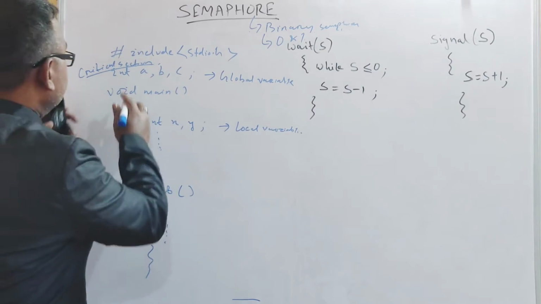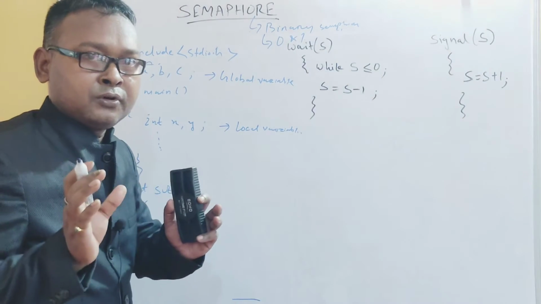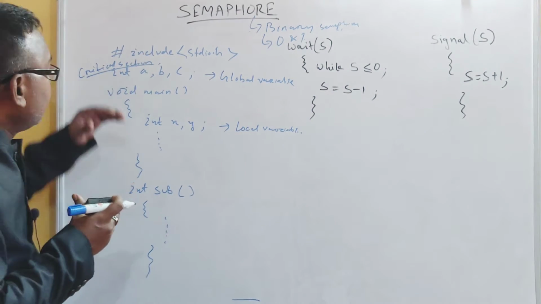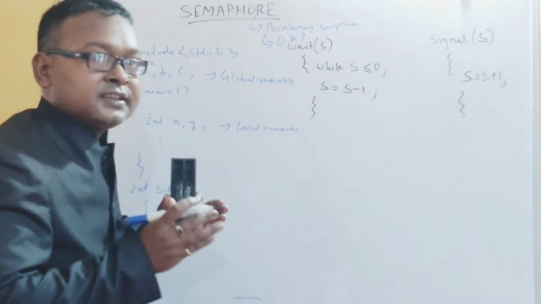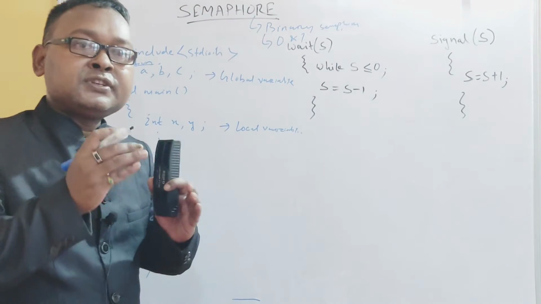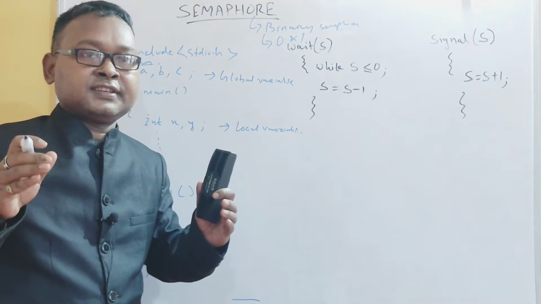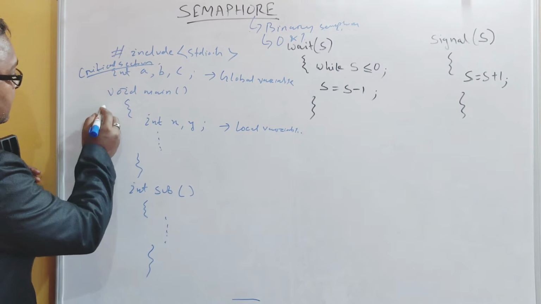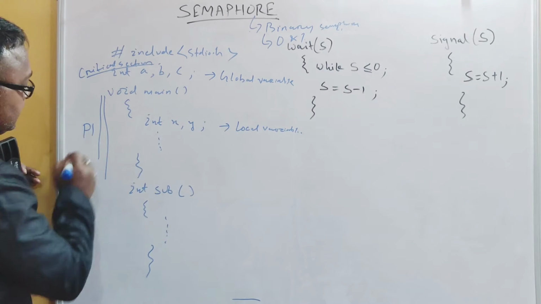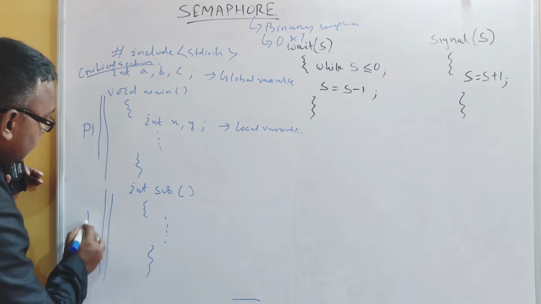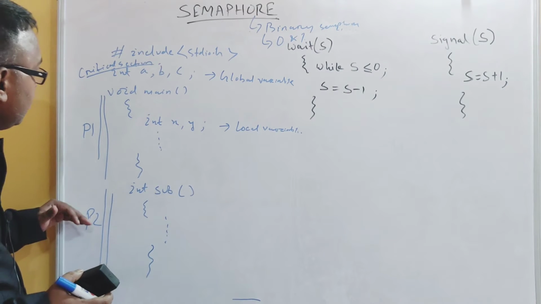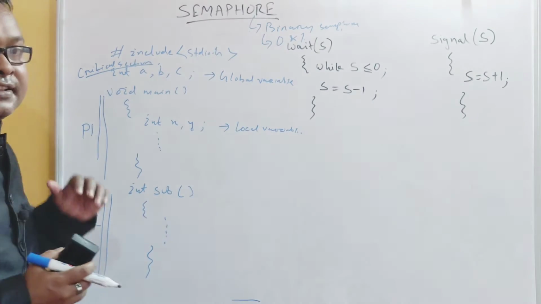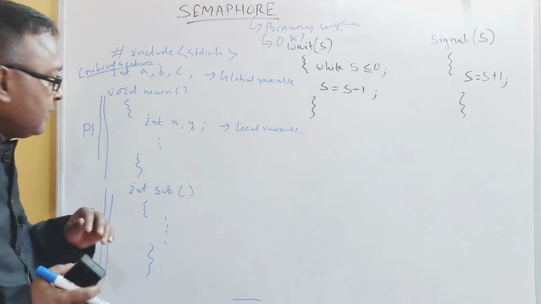So what is a critical section? It is a segment of code. This is a critical section, and this critical section is such a code which can be shared by all the processes inside your program. For example, I am taking this function as a process P1 and this function as a process P2. Right now, process P1 and P2, if they require, can access the global variable. That means they can access the critical section easily.